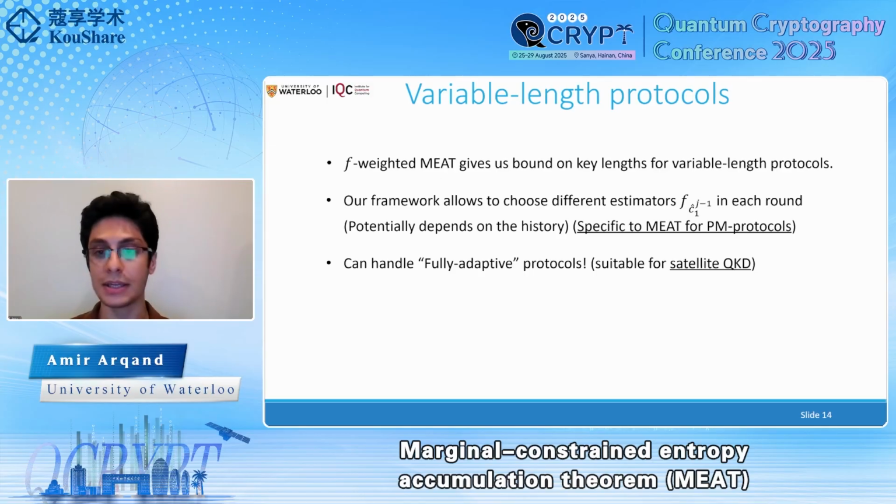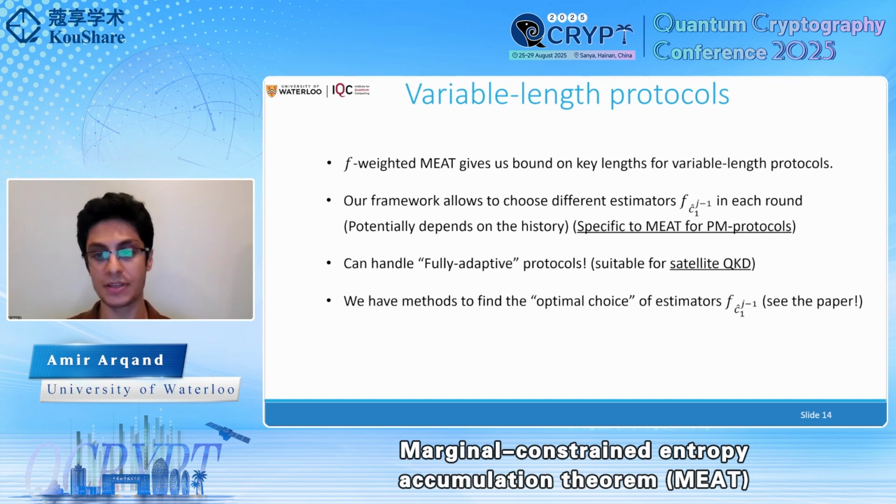And there's also something that I didn't actually mention, and that is that in the framework we developed, these score functions F are somewhat of a degree of freedom, meaning that choosing different F gives us different values of the key rate. And so a natural question is, what is the best F that one can choose to give us the highest value of the key rate? For that, I'd point you to the paper. We do have methods to find a good choice of these estimators such that it gives you the highest value of the key rate for your protocol that is compatible with the framework.